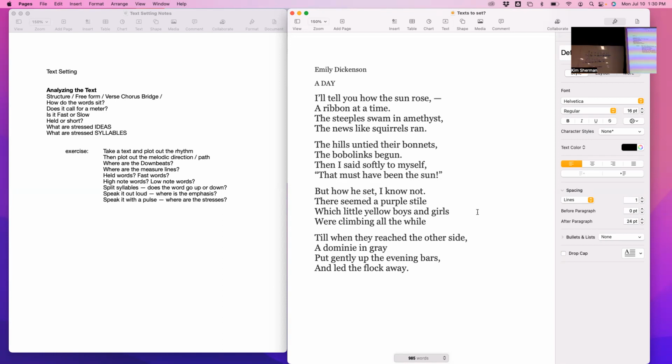So what are you saying? Sing it or speak it in rhythm the way you think. The steeples swam in. So we had a ribbon at a time. The steeples, so you're undoing the dot? Yeah, just for the steeples. Dot, ga, ga, ga. The steeples swam in, like, yes, that. And that one would still be, we could do the same thing. Maybe, because I don't know if we need this. Yeah, that would end up being what I would...